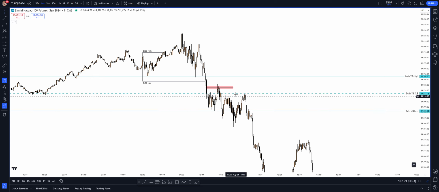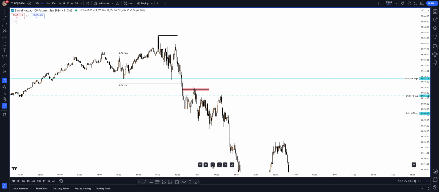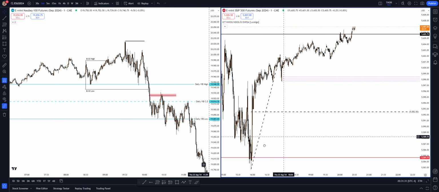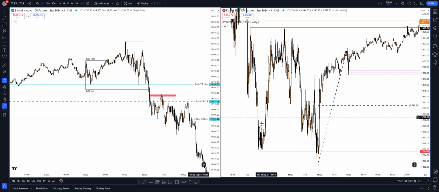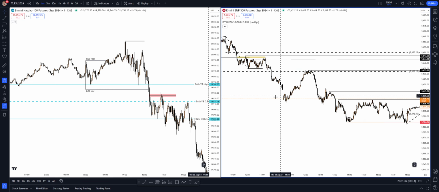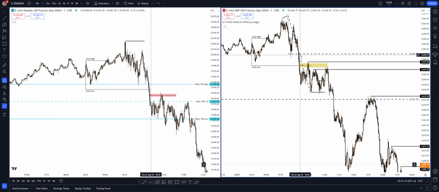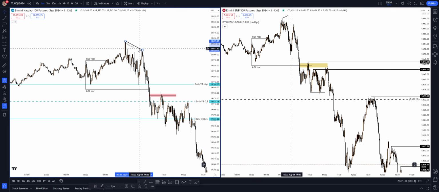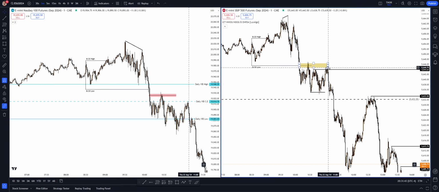Here is a little bit of choppy price action. I think the reason for that price action was to form a bearish SMT divergence, if I'm not mistaken. Let's take a look at it. Oh, I need to clean. Yes. Oh, also, I forgot to mention there was a bearish SMT formed